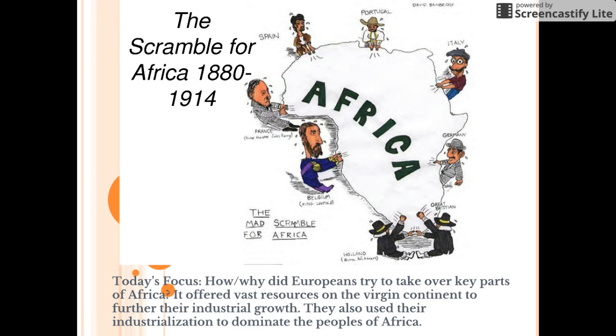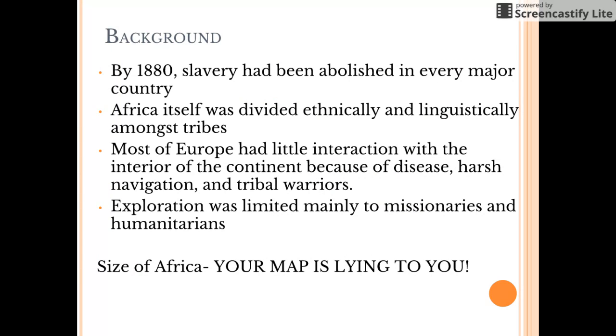There's some clear, obvious, and simple answers, like a need for resources to further the quote unquote industrial revolution, ethnocentrism, all those sorts of things. And like most things that we study in history, it's going to be a combination, in many cases, of all of the above. All right, so in both classes, we introduced the idea that slavery itself had been abolished in